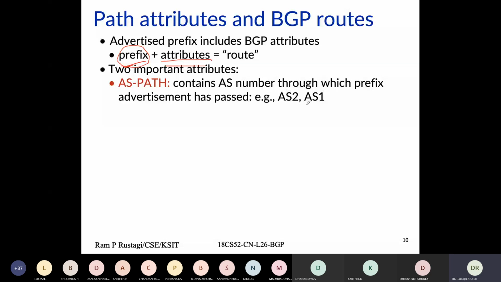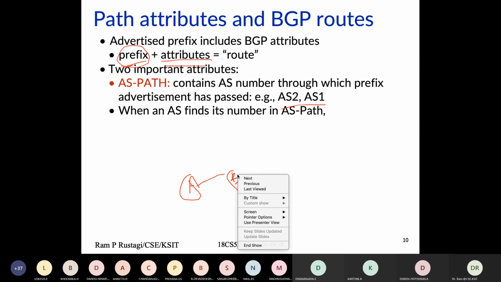So basically it will contain path AS2, AS1, and prefix X. Each time, let's say, it goes to AS3, when AS3 advertises, it will become AS3, AS2, AS1. And now in this process, when you keep advertising, if I receive some information which contains my own AS, for example, let's say I am autonomous system A, it gives information to autonomous system B,